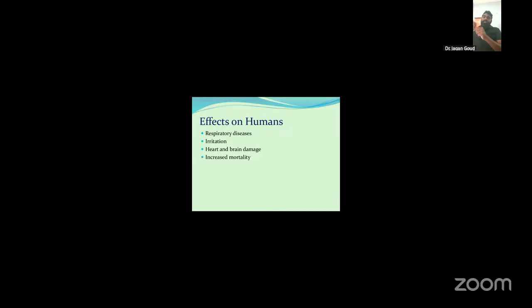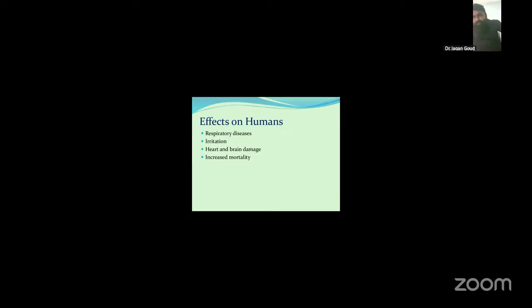Second one is irritation. What is irritation? Affected areas are the eyes, nose, throat, and skin. Responsible pollutants are ozone (O3), nitrogen oxides, sulfur dioxide, and PAN, peroxyacetyl nitrate. Symptoms are a burning sensation in the eyes, throat irritation, coughing, sneezing, and headache. Biological basis: irritants activate sensory nerve endings and stimulate inflammatory mediators.